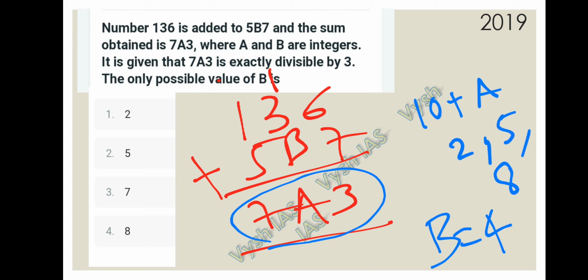If b is 6, the a value becomes 0, which is not possible. If b is 8, the a value becomes 2, it is possible. So b can be 8. If b is 9, it is not possible, as the a value becomes 3. So here we get 4 and 8 as values of b. The possible value which is given in the option is 8. So 8 is the answer for this question.